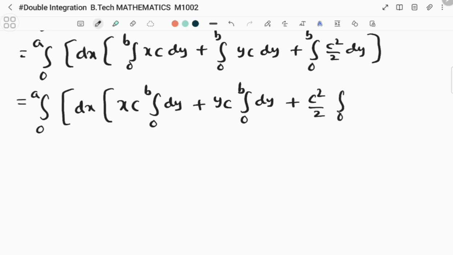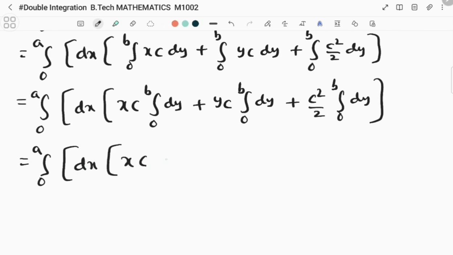So bc into integral x dx is x square by 2, applying the limit 0 to a. bcy integral dx is x, applying the limit 0 to a. bc square by 2 integral dx is x, applying the limit 0 to a. So bc into a square by 2 minus 0 plus bcy into